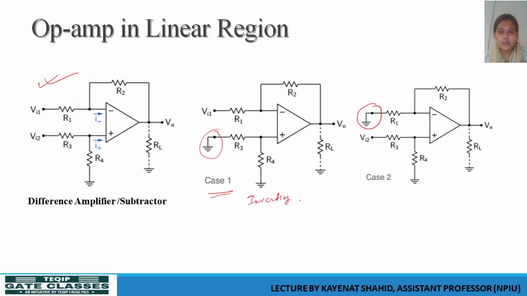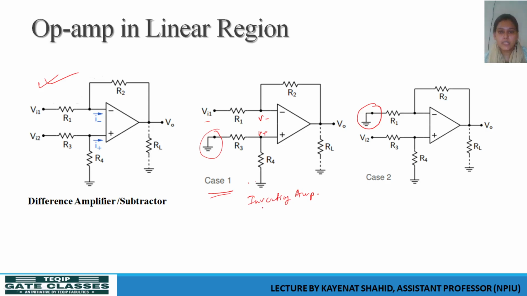This is nothing but an inverting amplifier. We are saying this V plus and this minus will be equal, right? So for the inverting amplifier, we have the input voltage VI1. Because there is no flow of current inside it, this is 0, and because all the terminals are grounded, there will be no flow of current inside here. So this V plus, this whole terminal, will be taken as grounded.